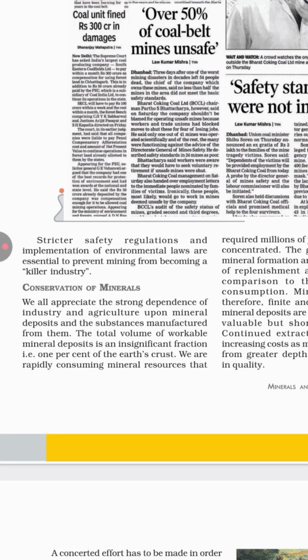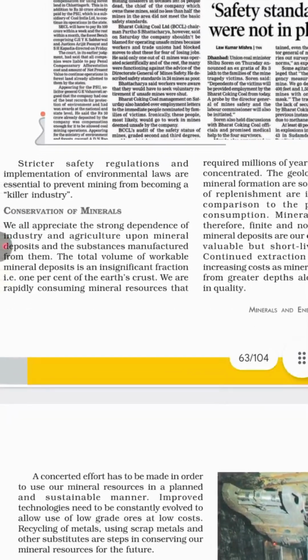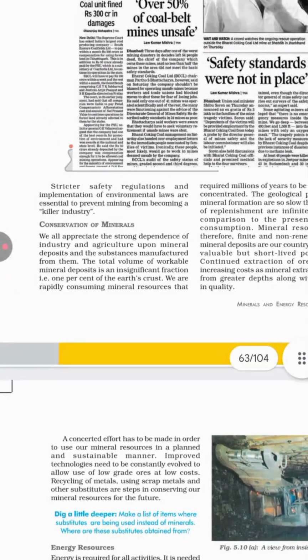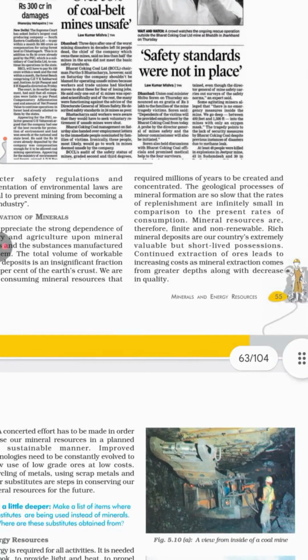That is what Gandhiji said about the greed of the industrial revolution: there is enough for everybody's needs but not for everybody's greed. So the consumption of minerals is at a very fast rate, and the replenishment is slow and small compared to the consumption. Understood? So continued extraction of ores leads to increasing cost, and the quality of mineral